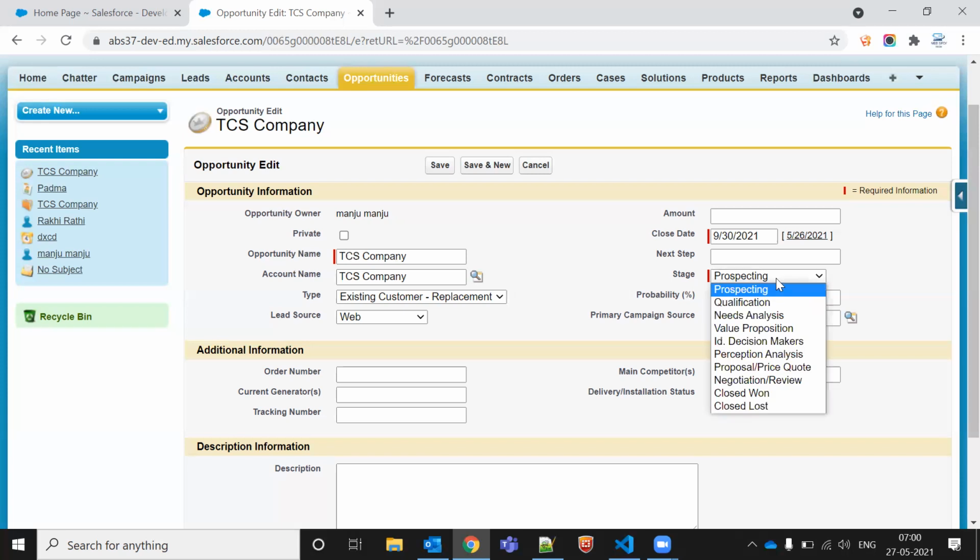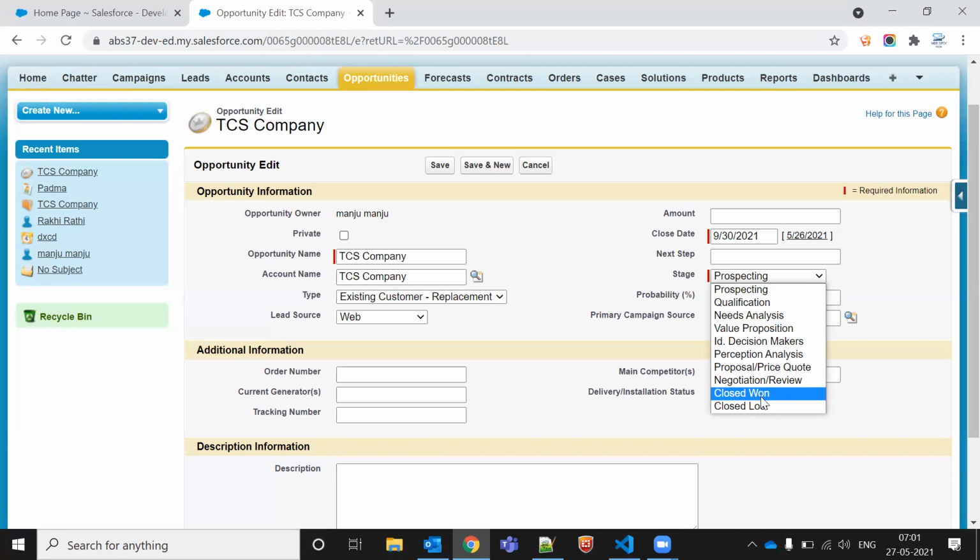So in the opportunity, first they will do the qualification with that product, then we'll get need analysis, value proposition and decision maker. You will take the decision, then perception analysis, price quotation. You will ask, then you will do the negotiation and review, whatever the product you have. Then finally, if the customer or shopkeeper is not happy, after all these things we have two options.